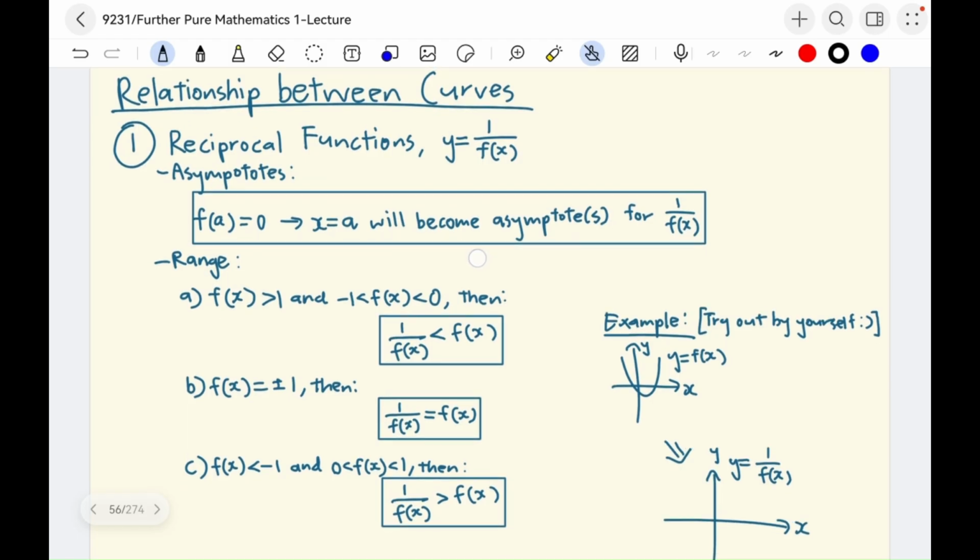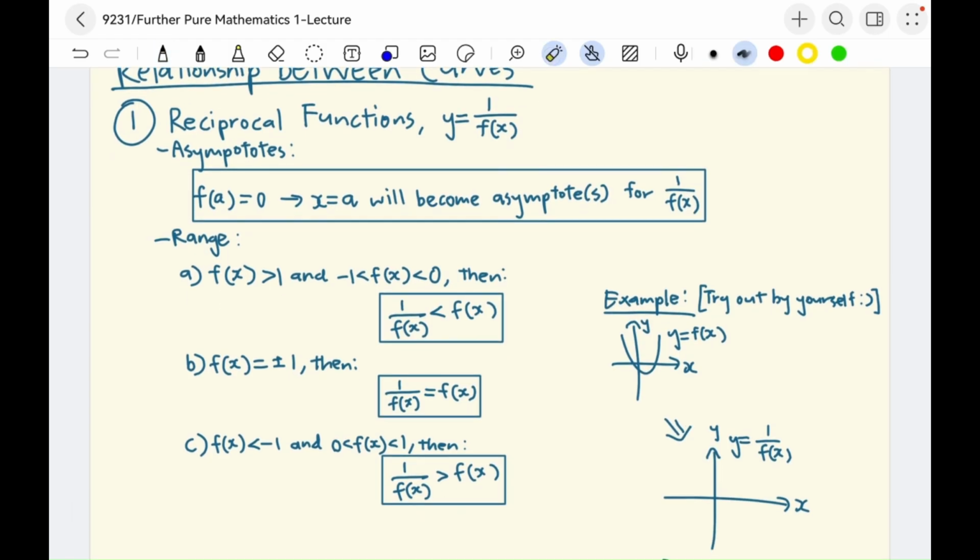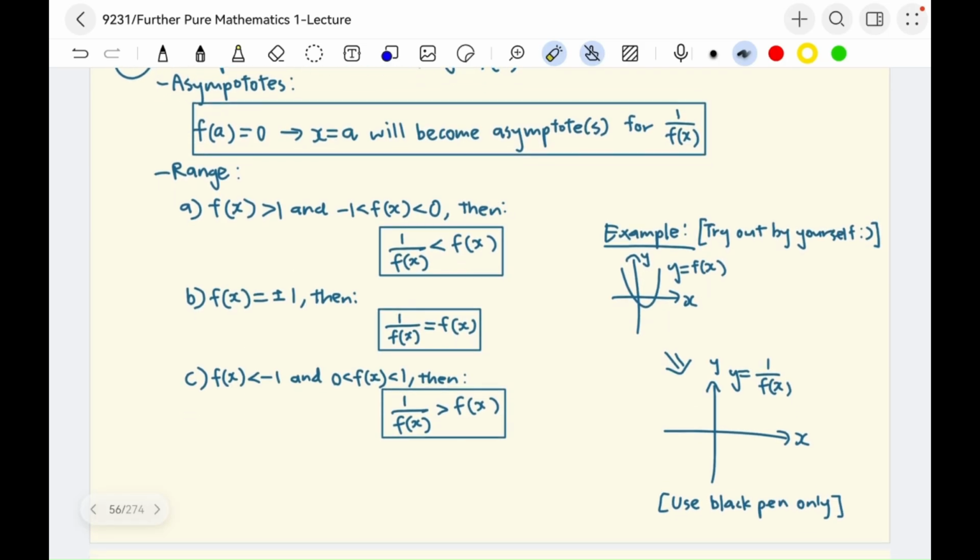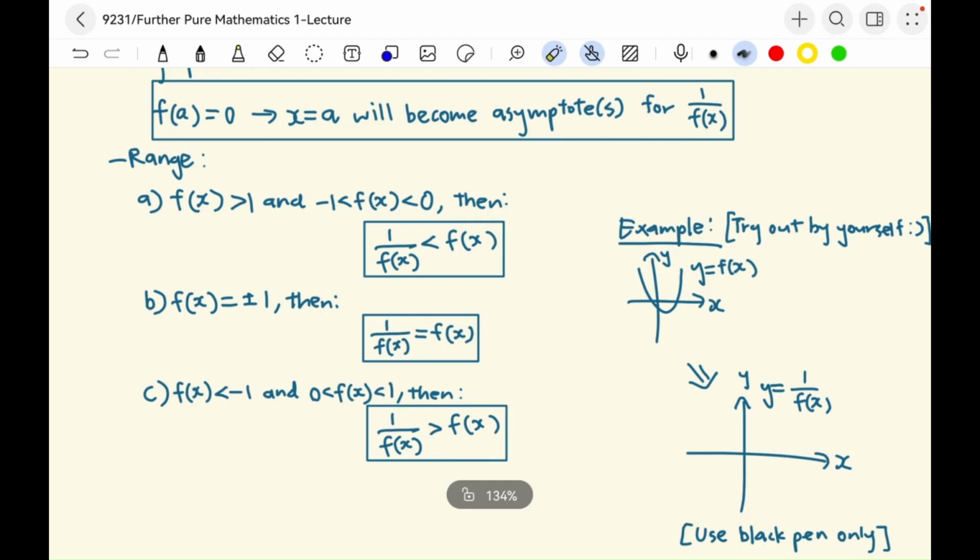Okay, so for the asymptotes of the reciprocal functions, let's say the HA. Originally f(x), let's say x equals a, f(a) we get 0. But when it comes to the reciprocal function, the x equals a becomes the VA already. So the x-intercept becomes an asymptote, which is VA for its reciprocal. Okay? And what about the range? So for the range,